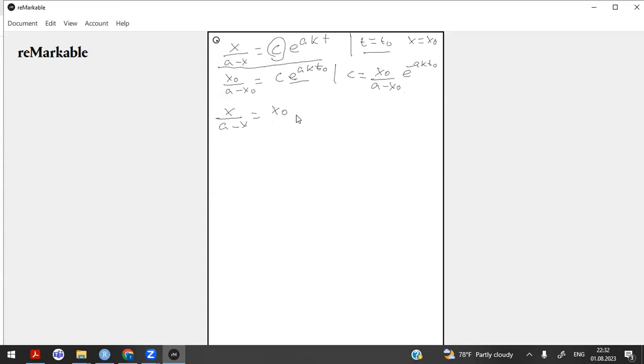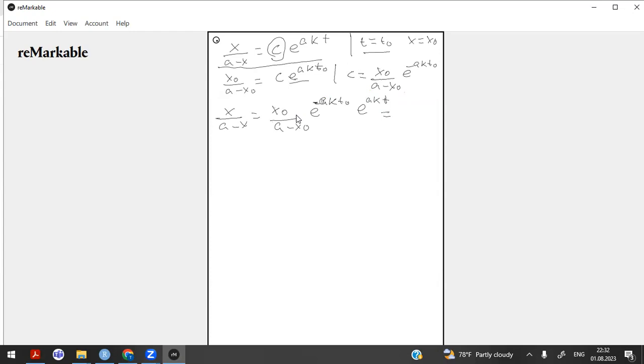Here we are. x0, a minus x0. Then here we'll have e to the power of minus a k t0, and here we don't forget we have a minus sign, and all these things. So it was c, now we are multiplying by e to the power of a k t. Okay,